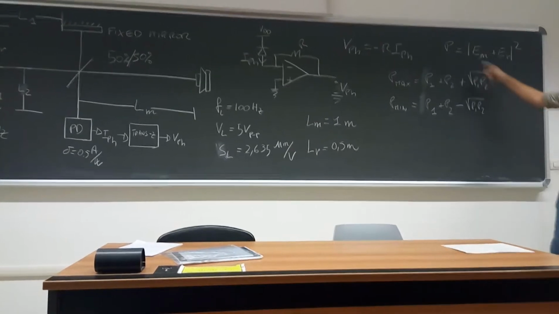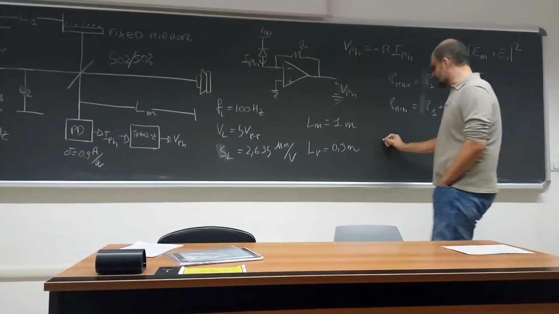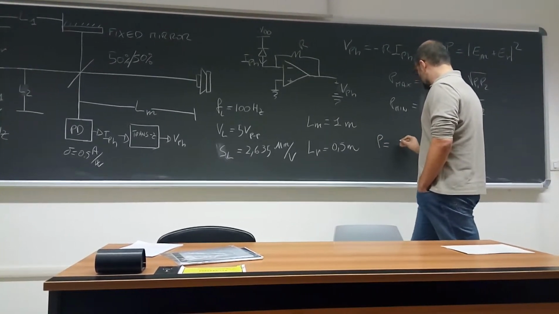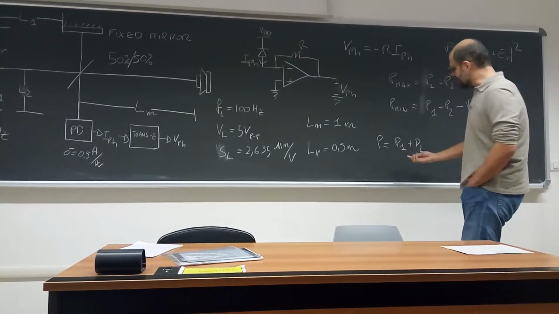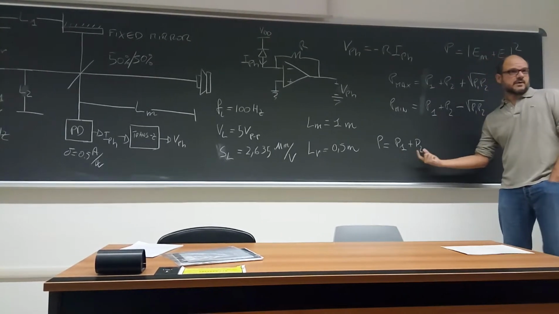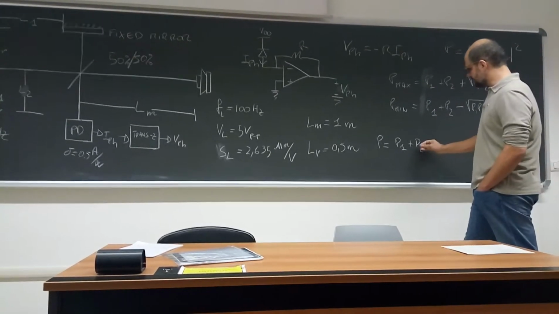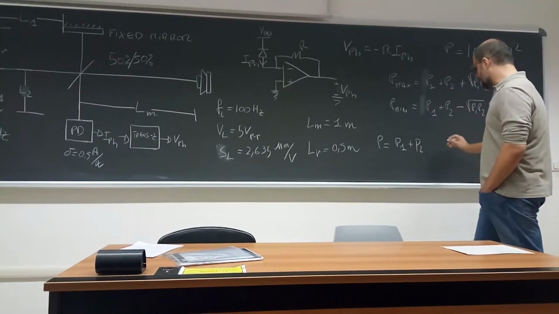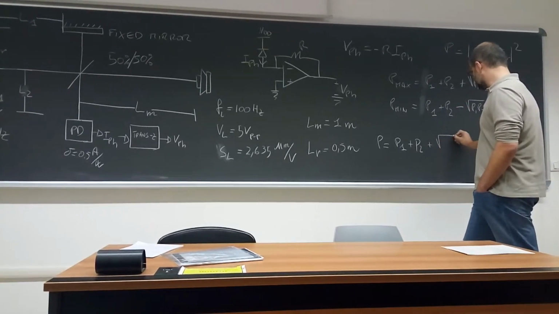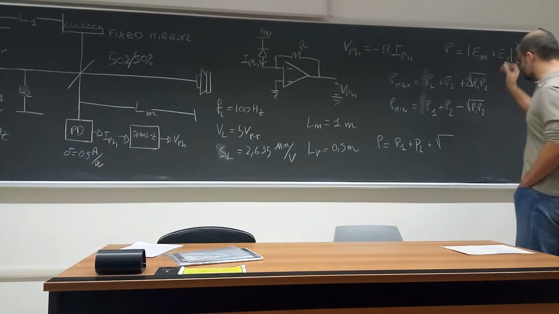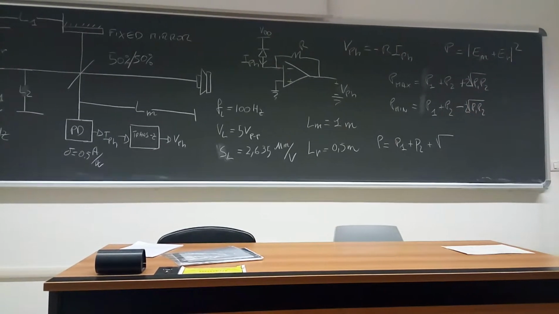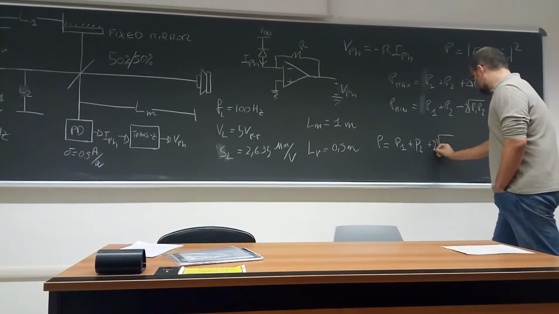This is why, because in general the power is given by P1 plus P2, the contributions of the two fields, plus, sorry, there is a 2 here. I was forgetting the 2. So 2 times the square root of P1 multiplied by P2,